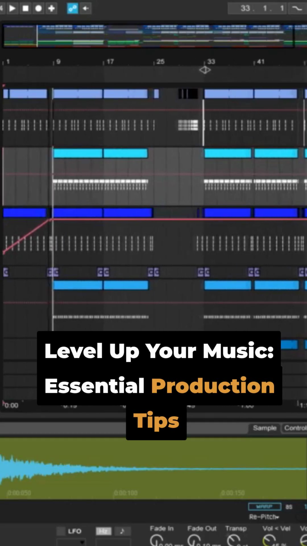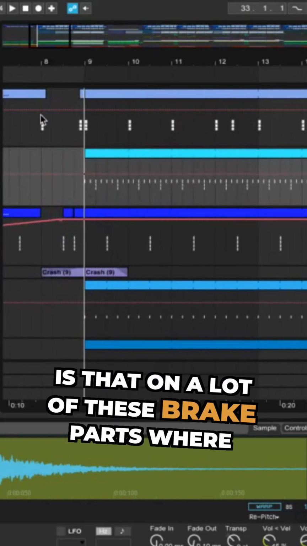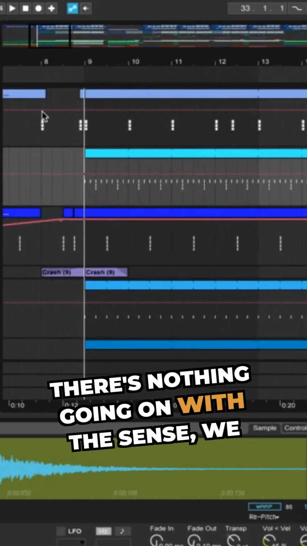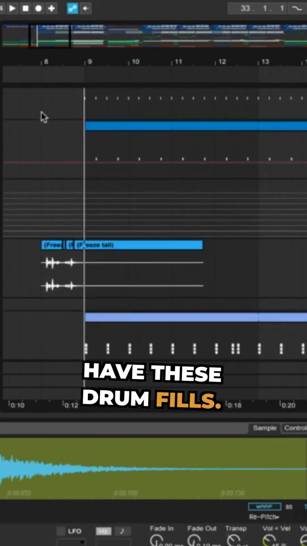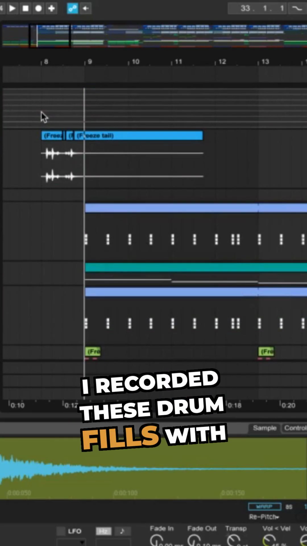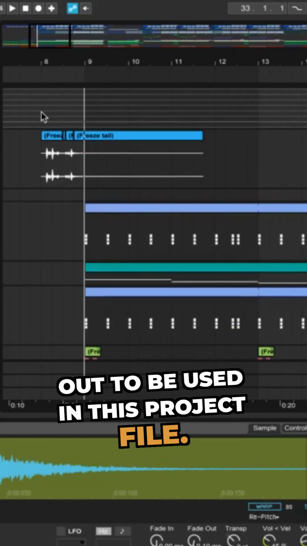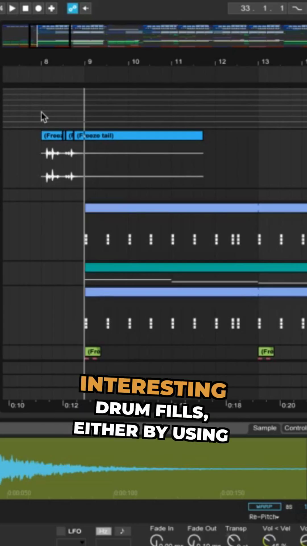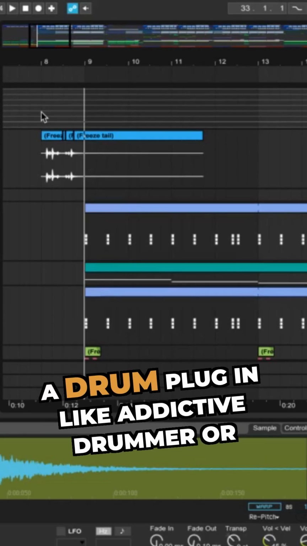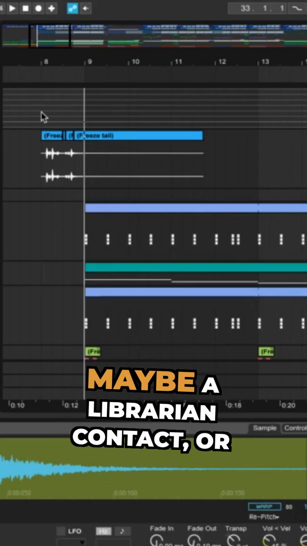One thing you'll notice with the drums is that on a lot of these break parts where there's nothing going on with the synths, we have these drum fills. I recorded these drum fills with Addictive Drummer, and I exported them out to be used in this project file. I highly recommend adding interesting drum fills either by using a drum plugin like Addictive Drummer or maybe a library